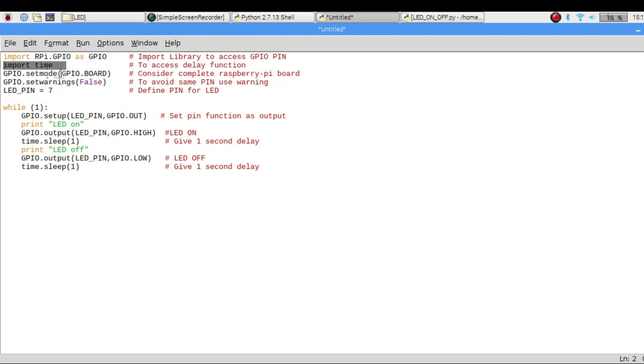After that, there is GPIO.setmode(GPIO.BOARD). Raspberry Pi can work in two modes: as BCM or as the Raspberry Pi board. For this project, I will select the Raspberry Pi board mode. What's the difference between BCM and board?